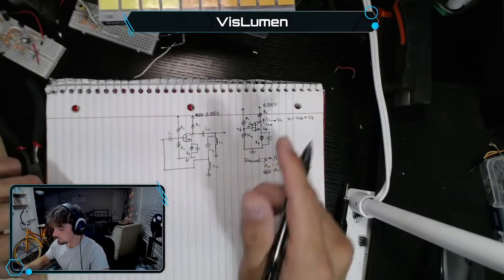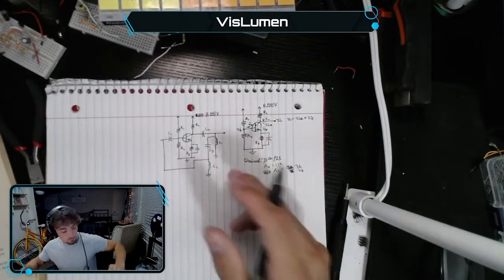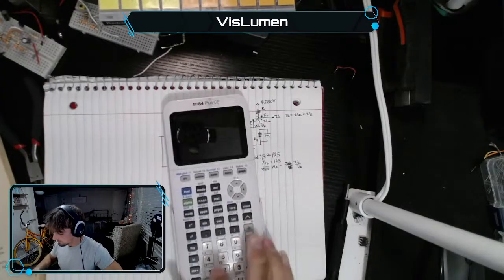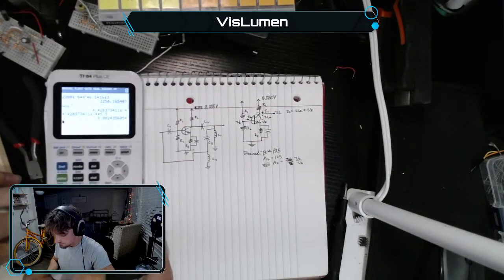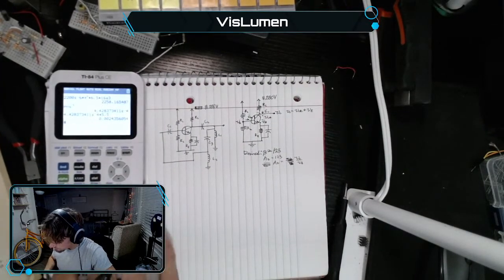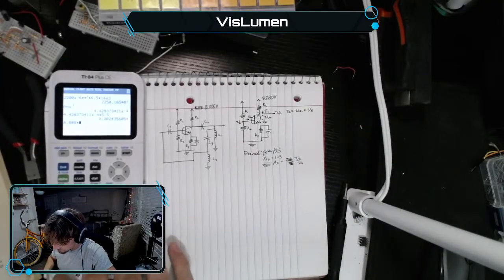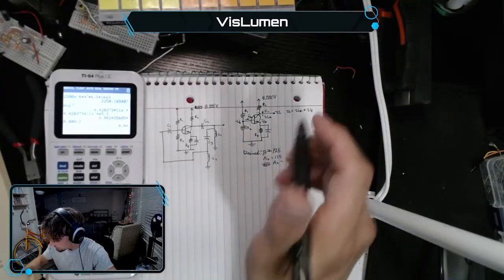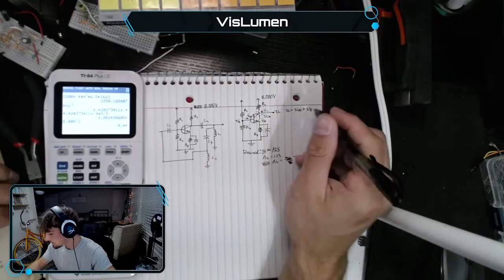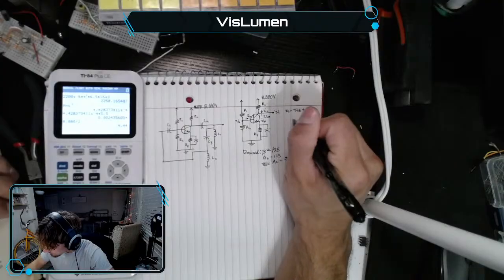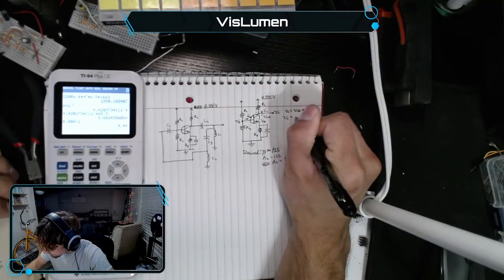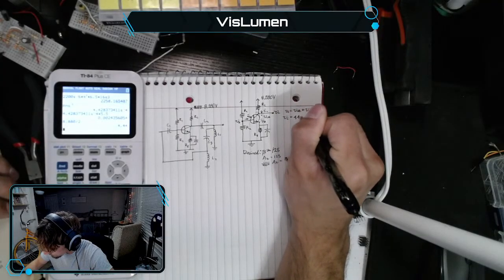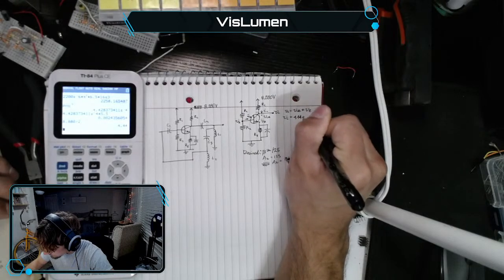This is what you want to be half of yours. So we want VCE to be 8.88 divided by 2. That's what we want, so 4.44. Could have done quick math. So VC equals 4.44 plus